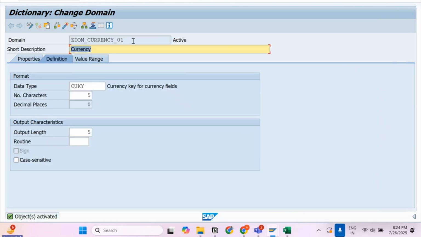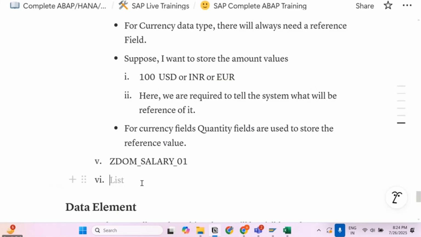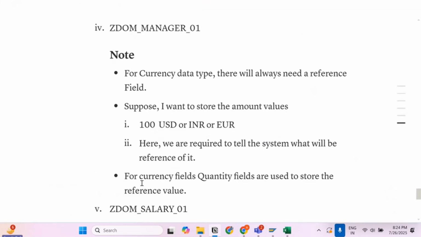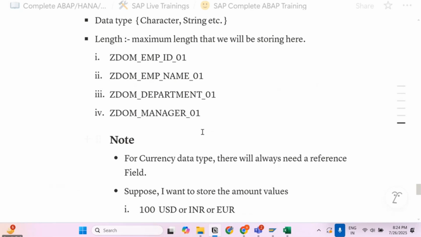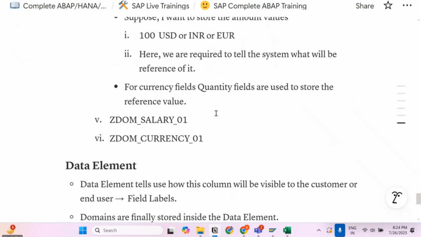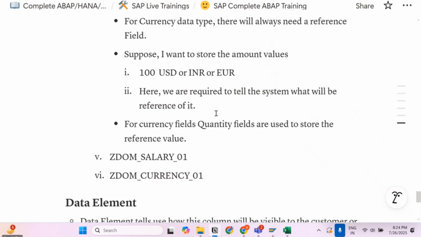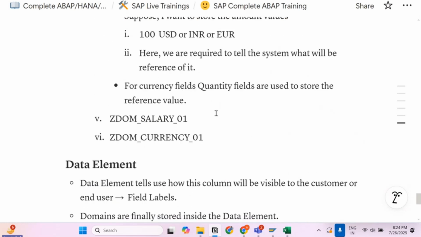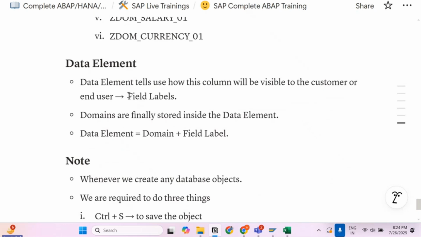Right. So there is my domain. Total 6 columns. Any confusion here till now on how to create a domain? No, sir. Right? Once this domain is ready, we know a data element tells how the column will be visible